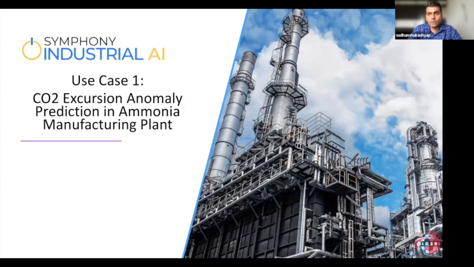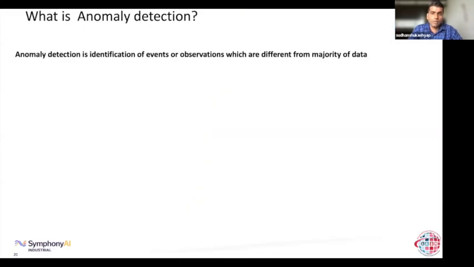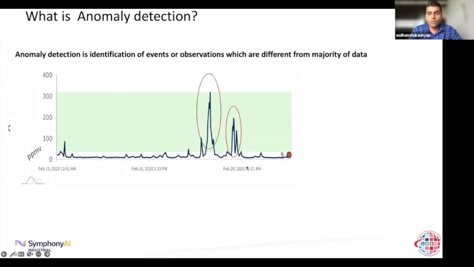about anomaly detection. We briefly talked about it in previous slides, but we'll go a little bit in detail such that you could follow the use case better. So what is anomaly detection? If you look at the definition of anomaly detection, it is identification of events or observations which are different from the majority of data. So see, if you are given this kind of a line chart and somebody asks you to identify what is anomaly here, very clearly you could point out that these spikes you are seeing are anomalous because they are very different from the remaining or majority of data we have on this particular